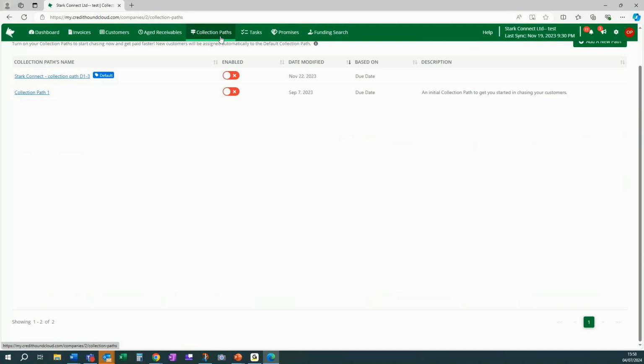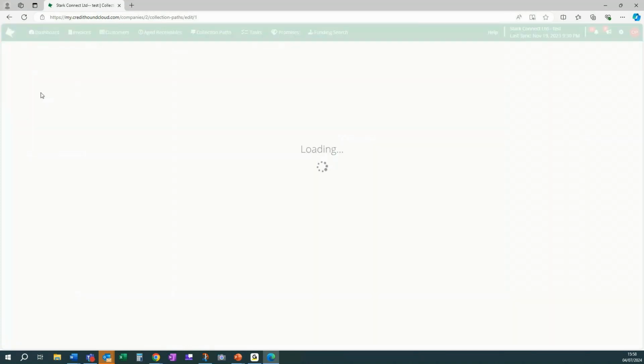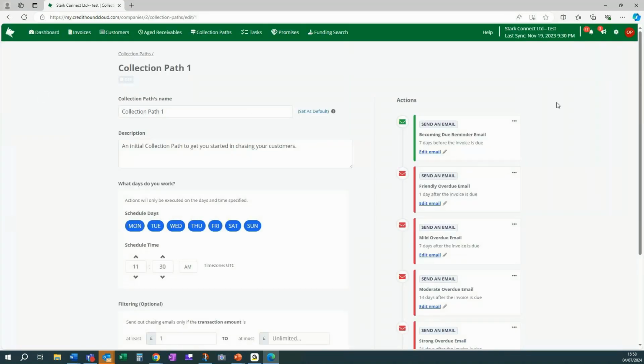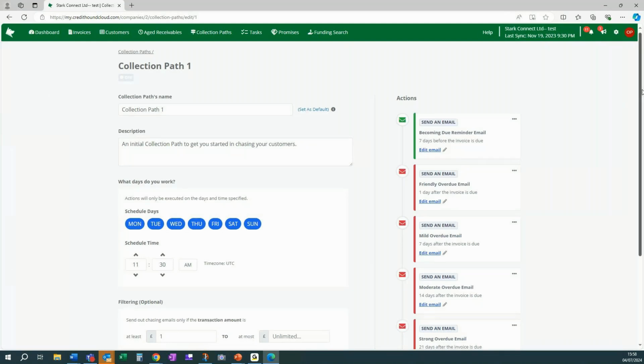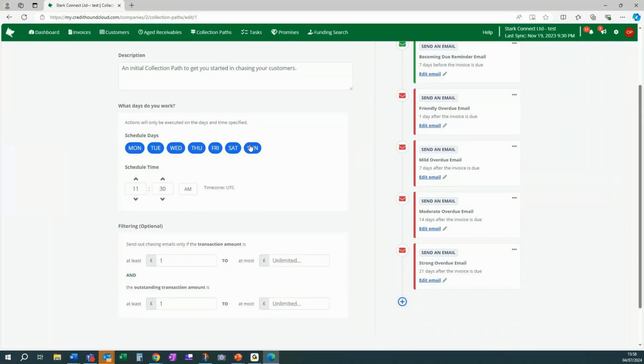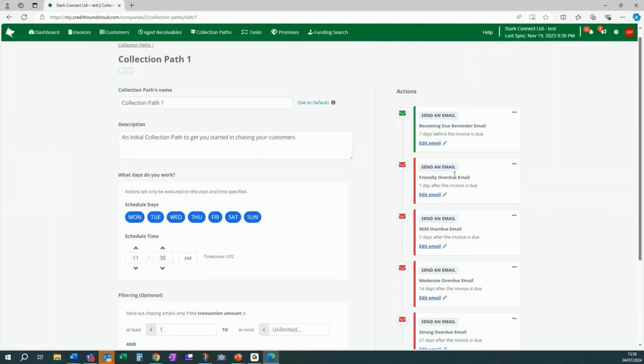Okay, so these are the collection paths that you can have. You can obviously add as many as you want. This is the one that we've just seen there and what we want it to do, the days you want to send. You don't want to send somebody a chase letter at 9 a.m. on a Sunday, for example. You can turn that off, and you can design your collection path around that